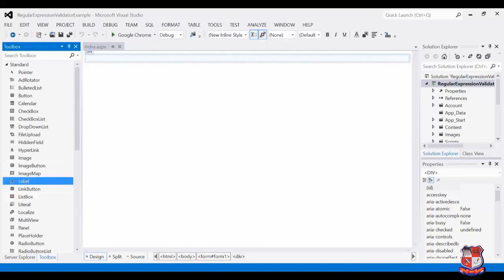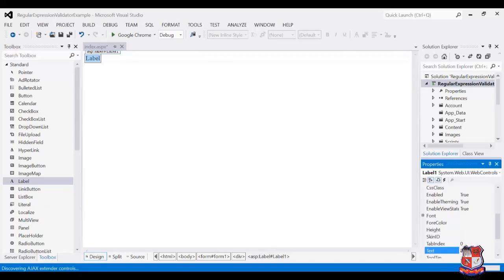We just drag and drop a label which defines a message, and that message is: Example for regular expression validator.